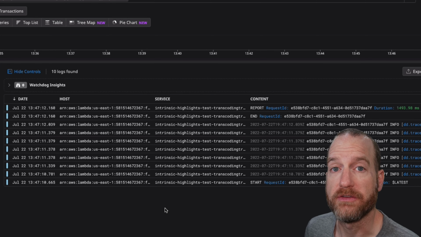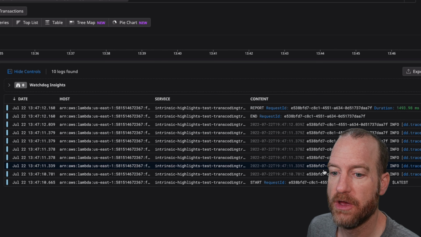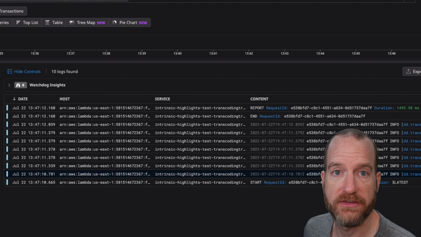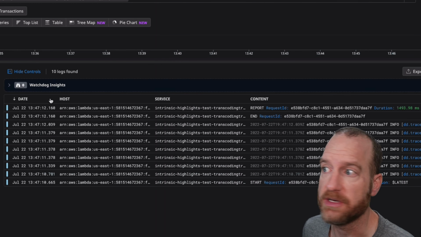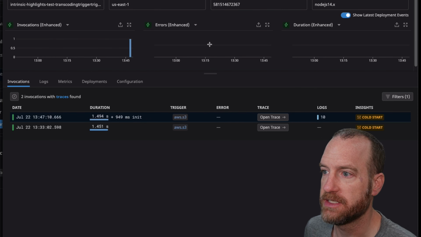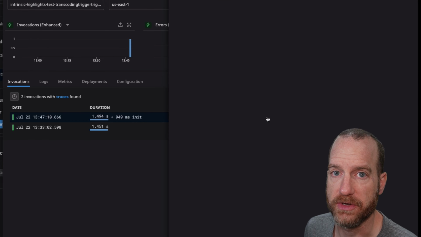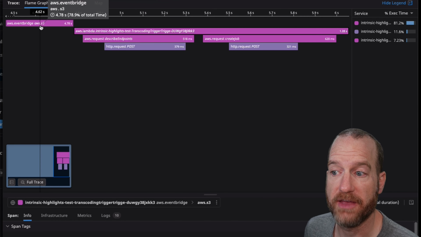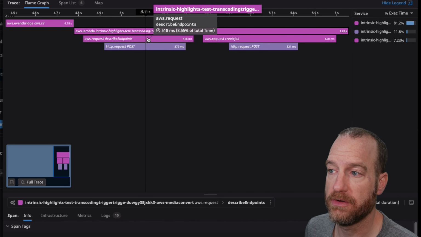All right, so now that it's been deployed and our intrinsic validator went ahead and tested all of our code, including our Lambda function, we can come in here and see that we've got our tracing and our logs here in Datadog, and I can click into any of these messages and see all the nicely parsed information that I'd expect to see. Additionally, I can come over here into my infrastructure and dig into the details of each of those executions. I can see their runtime duration, I can see what triggered them, I can even go in, and because I had that tracing turned on, I can see exactly how the Lambda executed